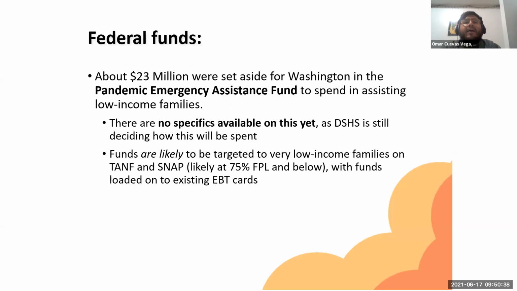And then finally, as many folks heard, when the American Rescue Plan Act of 2021 was rolled out, a lot of states received some much needed funding to address pandemic related things. Some of those included developing a pandemic emergency assistance fund. There are no specifics yet from DSHS, but slowly they will be rolling out some of their rules and regulations and how the program essentially will work.